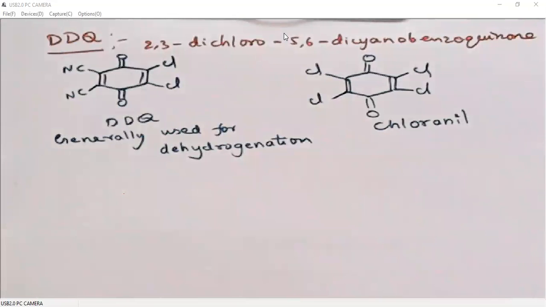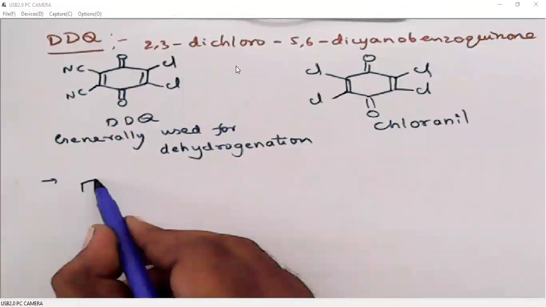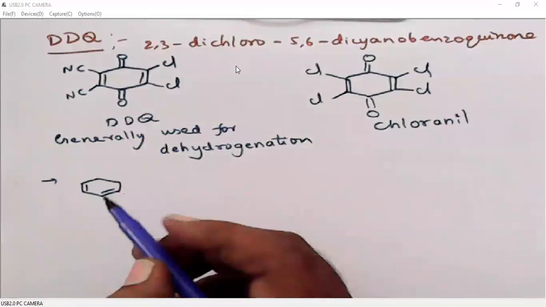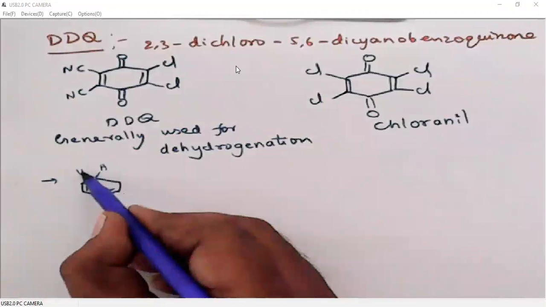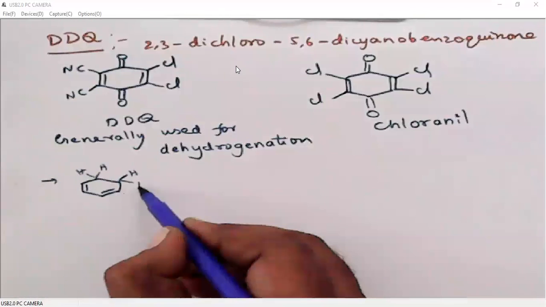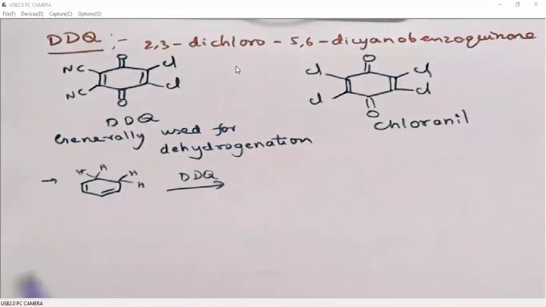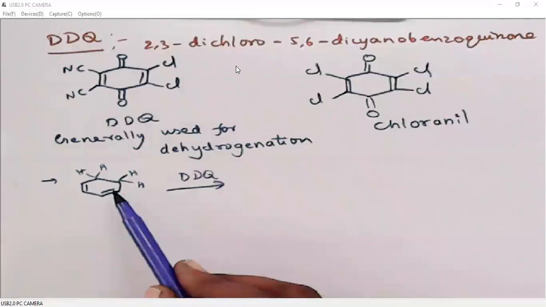I will explain the use of DDQ with one example. If we had two double bonds, and if we can generate a third double bond, it becomes an aromatic system, right? So in that case, we can use DDQ. Of course, as I said earlier, we don't need to do anything. If there are two double bonds, this compound will undergo air oxidation to generate a benzene ring.